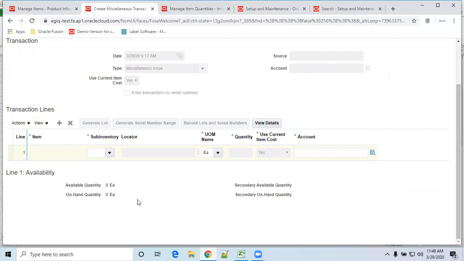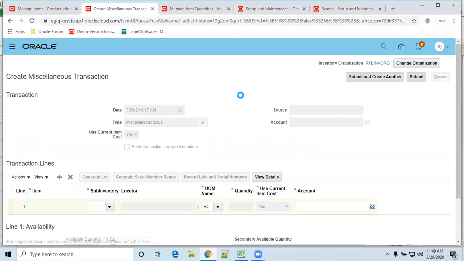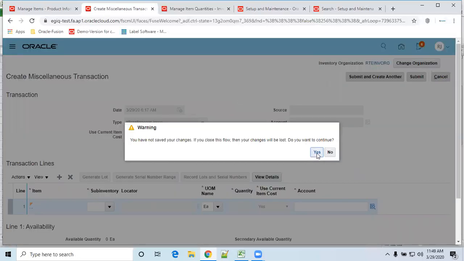Only during that time will this particular relationship work. But for miscellaneous transactions, whatever relationship we build won't impact, it won't work at all. So now we can see available quantity is 0. We'll try that particular thing while doing the procurement area.